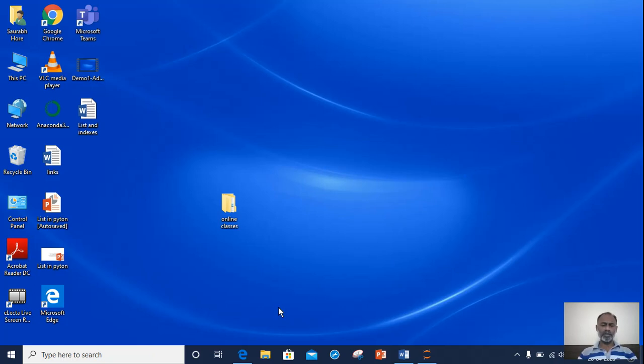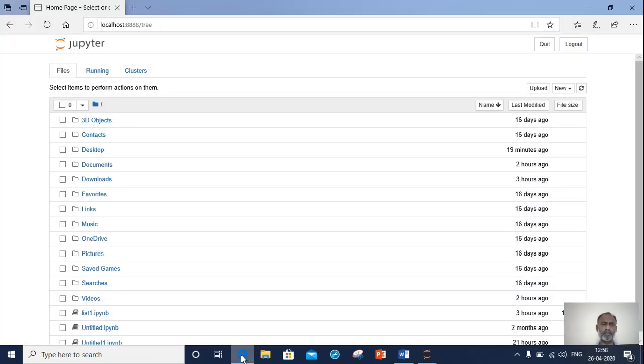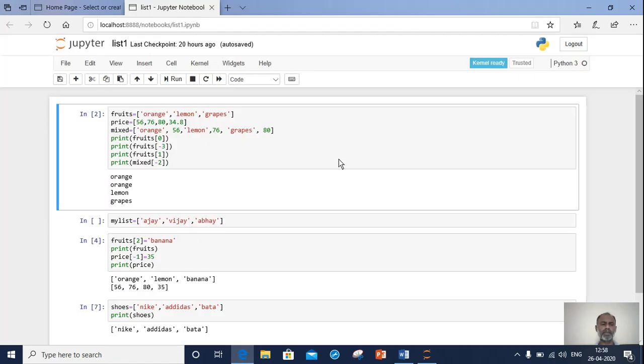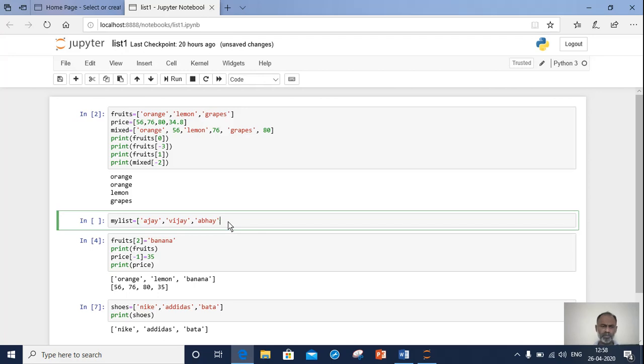You all are aware of this Jupyter Notebook. I open this and, now ignore whatever is written. There are so many codes written on the screen. Ignore these. What we will be doing is, look here where my pointer is. I am going to create a list which will have three elements.